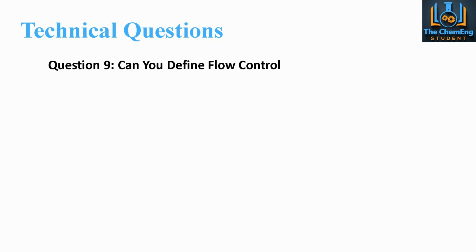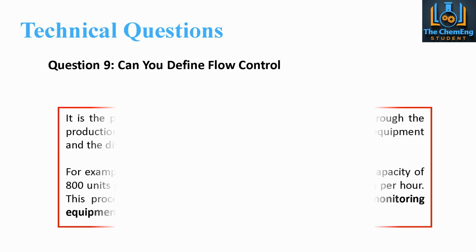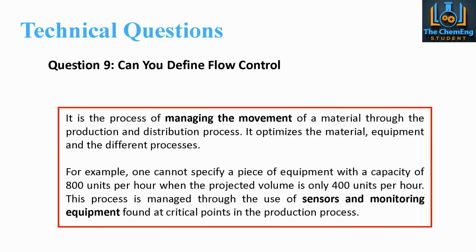Question 9 would be, can you define flow control? Because as a chemical engineer, one of the core things is fluid mechanics and fluid dynamics. So how could we control the flow of a given material? So if we define flow control, it's essentially the process of managing the movement of a material through a production or a distribution process. And it optimises the material, the equipment, and the different processes associated with the flow or